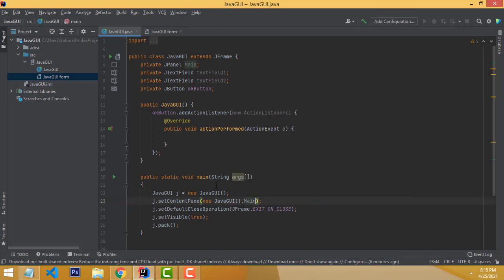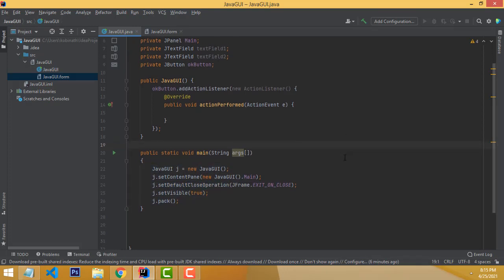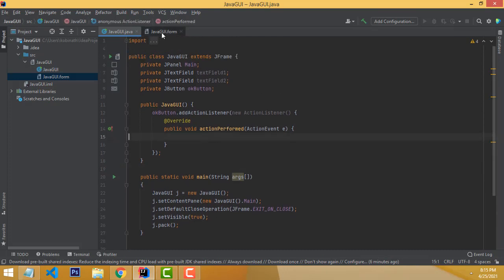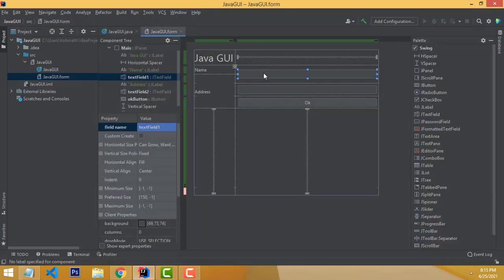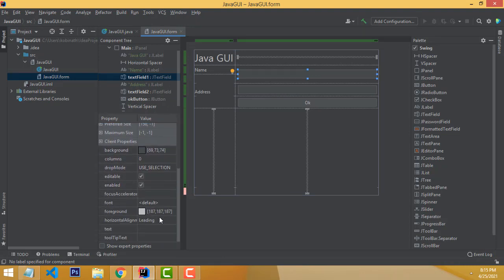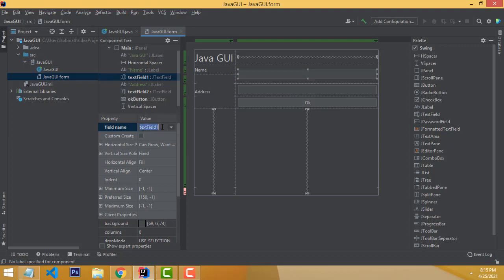Do the same thing here, set layout, all the stuff, set it like this. Simple way we have to write like this. Then only you will be able to see. Now what if we have to do it here? We have to change this name to text field name. You have to change it to txtName. This one should be named txtAddress. You have to change it.